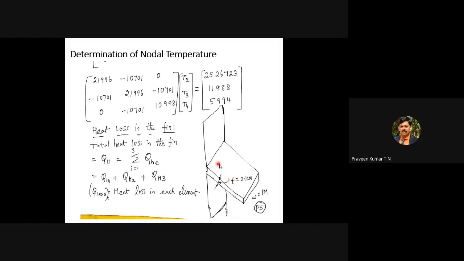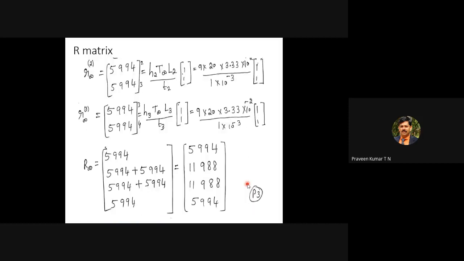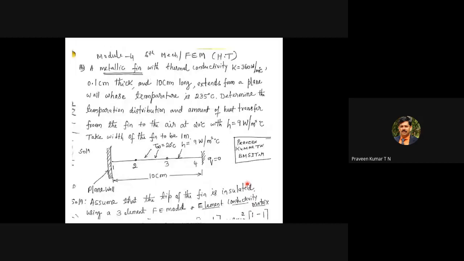You have to find out the amount of heat transfer from the first element of the fin, the second element of the fin, and the third element of the fin. But we know the temperature at different locations. We come to the first one. So we know the temperature at T1. After the simplification, we got the value of T1. We know the temperature at T2, T3, and T4. This is T1, T2, T3, T4.